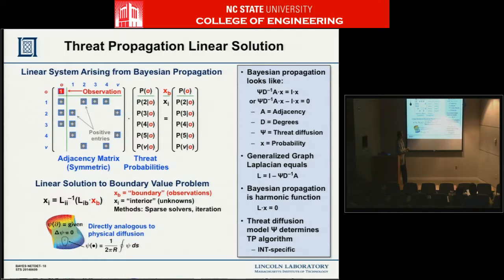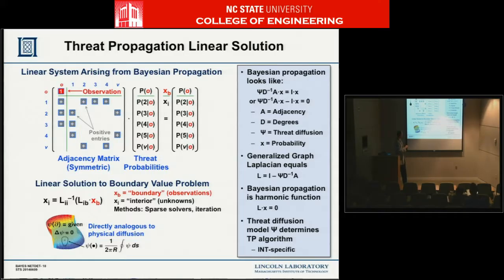And one way of solving that is you can express things in terms of this graph Laplacian, which is basically the identity minus this adjacency matrix. And what you're trying to solve is the Laplacian times some unknown vector equals 0. That's harmonic, so what you're looking for is a harmonic function. And this is a boundary value problem because what I've shown here is one of these observations is fixed. It's the Bayesian prior, and you can have one or you can have multiple, it doesn't care. And so you have a fixed Bayesian prior, and then you just solve the system.